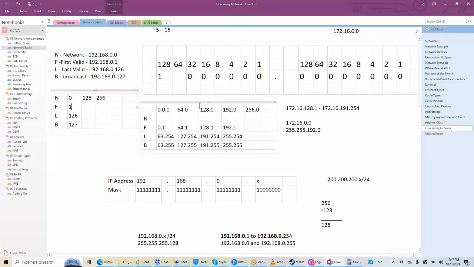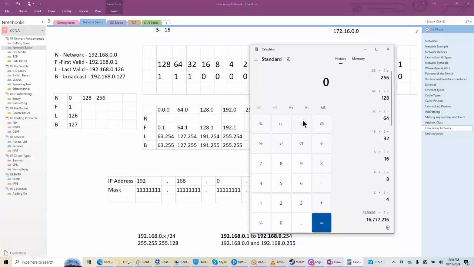So let me borrow another bit. That's going to be 128 plus 64 equals 192. I'm going to subtract that from my magic number of 256, right? And notice that the next number is going to be half of 128. What do you think if I added another bit? If I added another bit, that'll be 224. And 224 minus 256